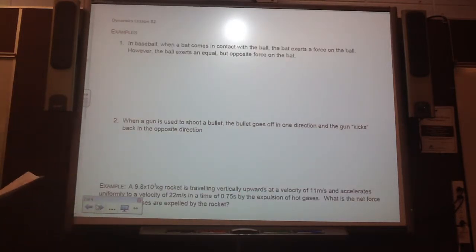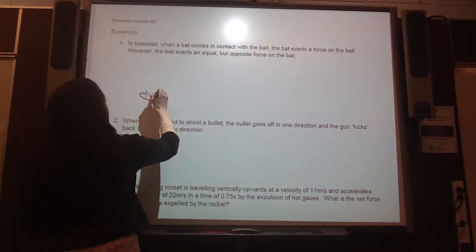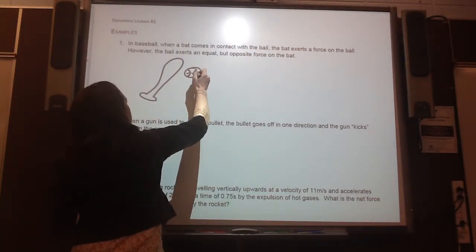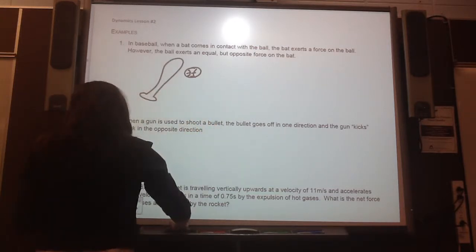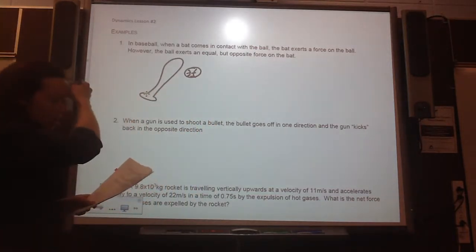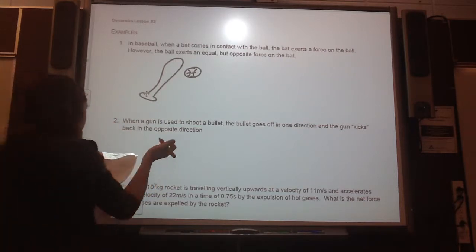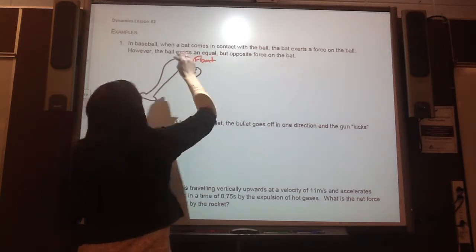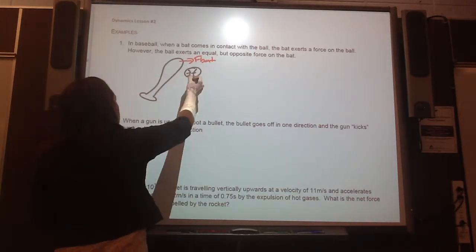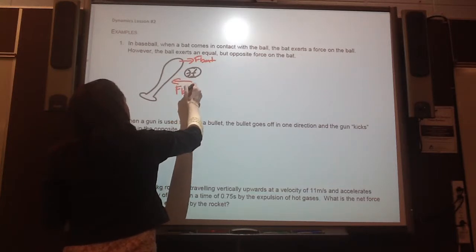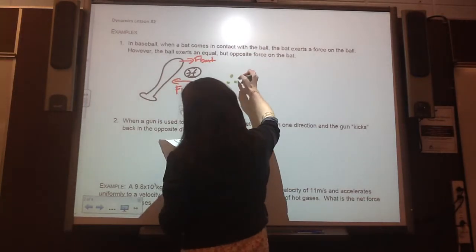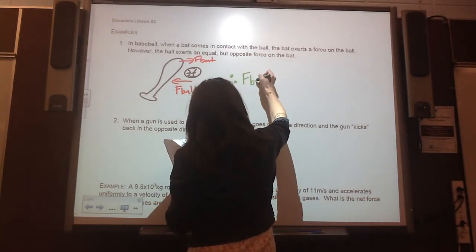Okay, so let's think about a baseball. Let's draw a bat here, and a baseball coming in, hitting the bat. So if I was to draw my free body diagram or my vectors of the force, what's happening here is that the bat is going to be hitting the ball, and the ball will be hitting the bat. So I can therefore conclude that the force of my bat is equal